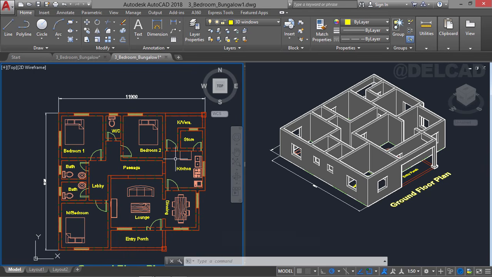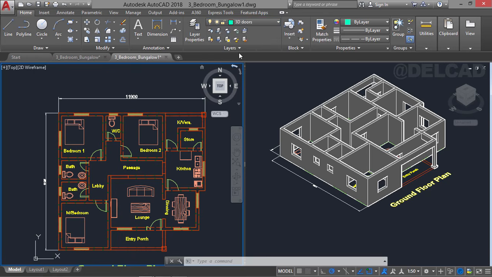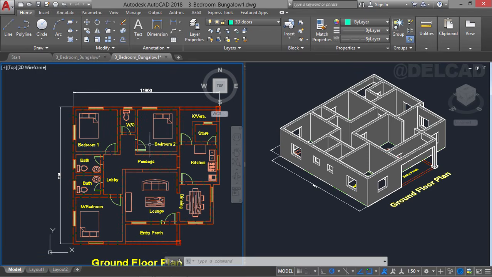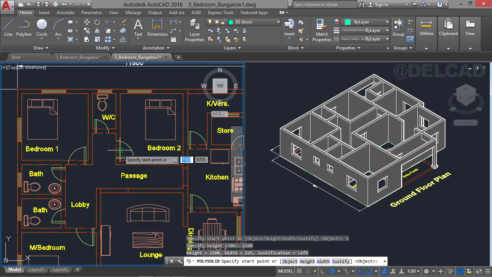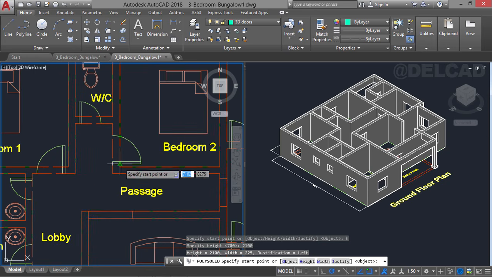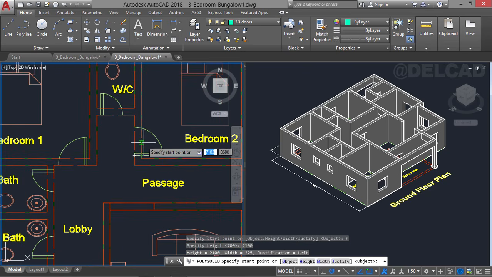The last thing we have to do now is to create the opening for the doors. So for that, we go over to our layers again and we go to 3D doors, have that selected, and back to the 2D drawing. We will repeat the Polysolid command, and in this case we type H for height, and the height of our door will be 2100 millimeters, and we press enter. And where we have the door openings or the doors on the 2D floor plan, we can then create the Polysolid, after which